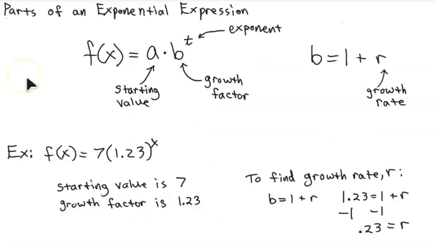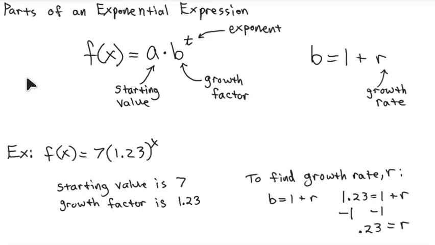All right, now let's look at the parts of an exponential expression, or an exponential function. So we saw this earlier. We saw 7 times 1.23, and we had it to the 8th power, but now we're putting it to the x power. Why are we putting it to the x power? Because it's a function. We're going to have a whole bunch of outputs. If we put an 8 in for x, we'll get what we got before, which was like